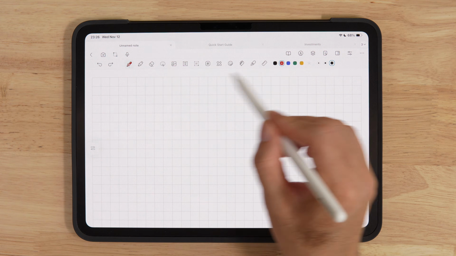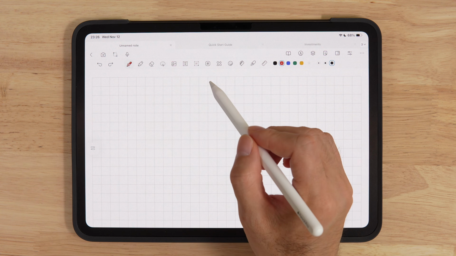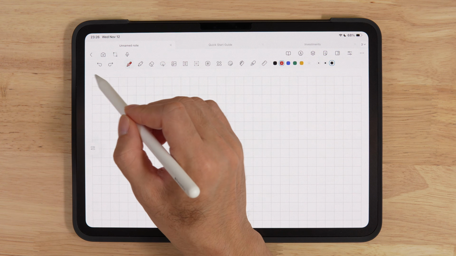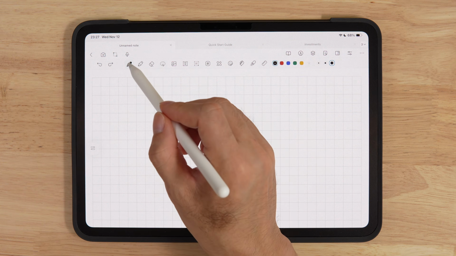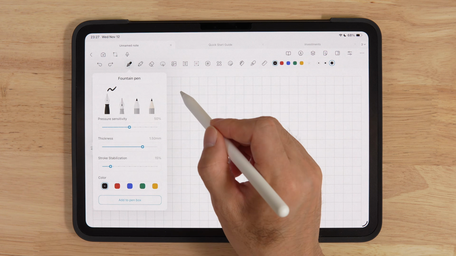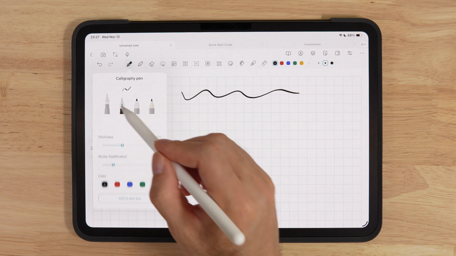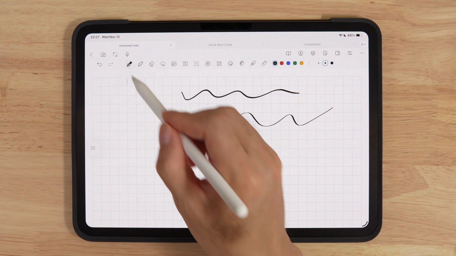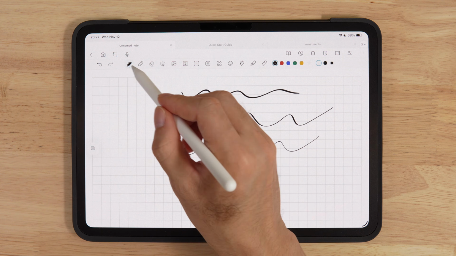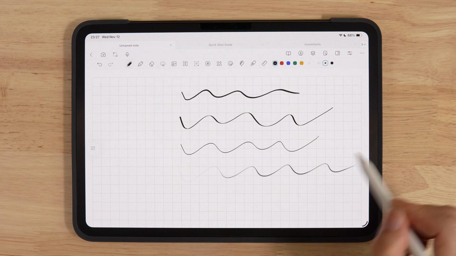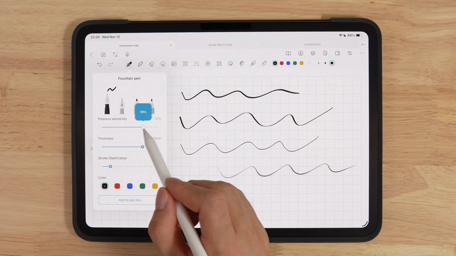Now, let's move to the most important part, the handwriting toolbar. The first icons are undo and redo. Next is pen tool, including fountain pen, art pen, ball pen, and pencil. You can adjust pressure,